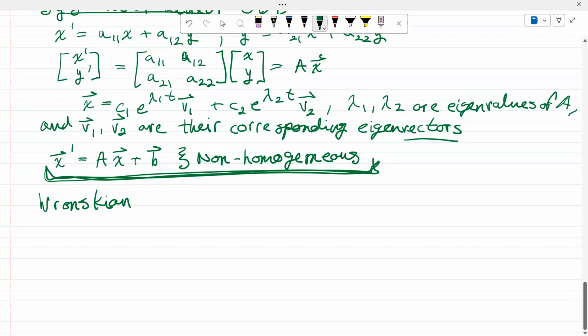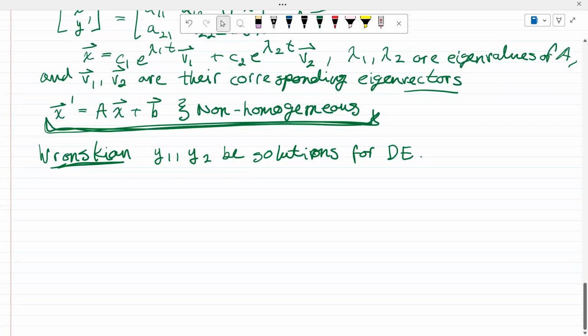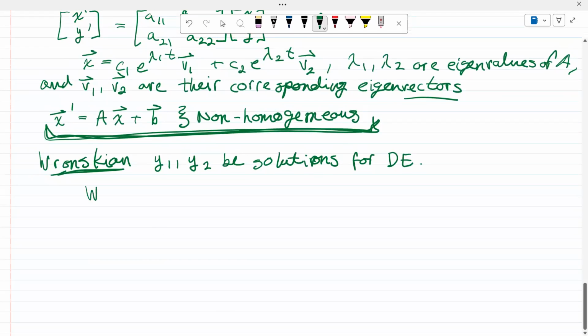There is something called the Wronskian, which is, if we have y1 and y2 that are solutions for some differential equation, then the Wronskian in terms of y1 prime, y1, y2 prime, y2 is equal to the determinant of